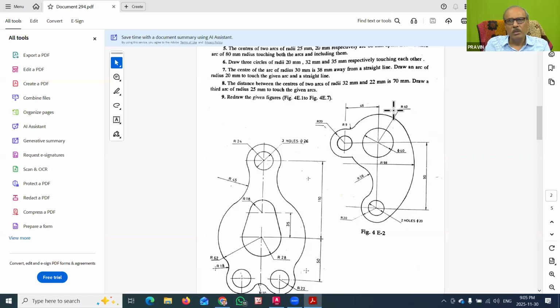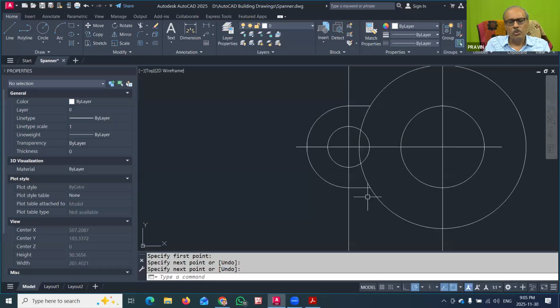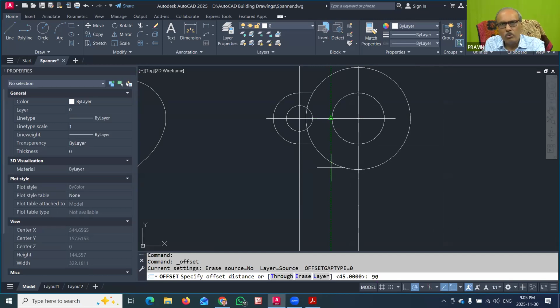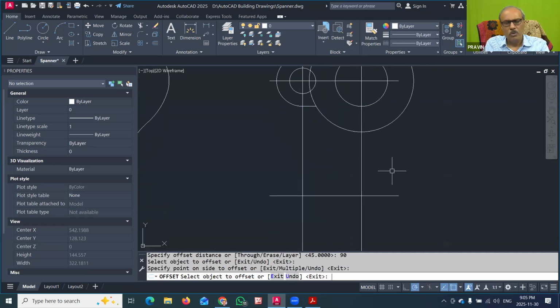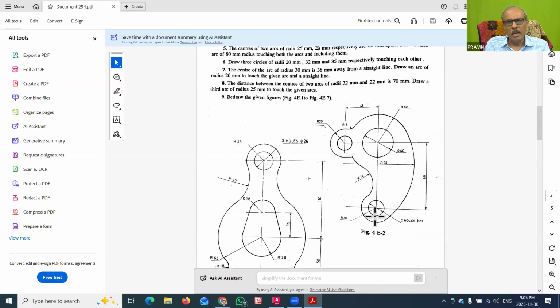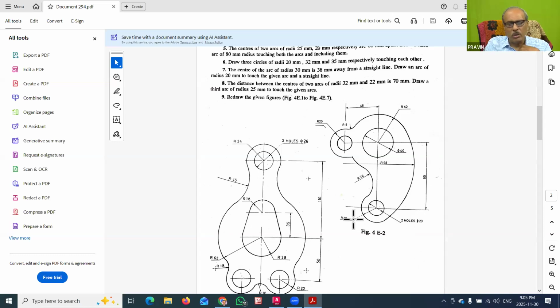Now here, this is the circle of 20. So this is the circle already going on. Now from this center to this center, the distance was 90. So we have to draw this circle also, the bottom part of this drawing. So you can just go here and now offset this horizontal line by distance 90 to the bottom. So that 90 distance and this line offset to the bottom here. Now we have to draw the remaining circles. Those circles are having these two holes of 20 diameter. So this is the diameter 20 and this is radius 20.